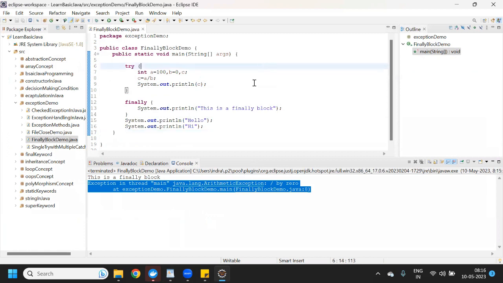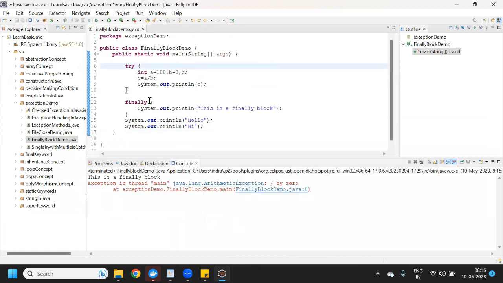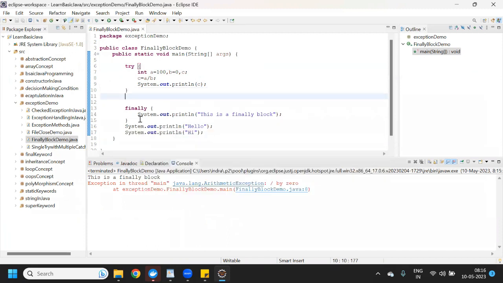So in this case, see, as of now it is throwing an exception, but if I use the catch block here, right?